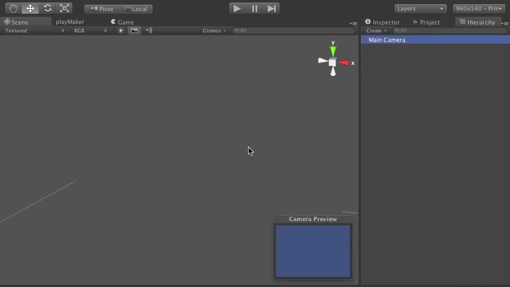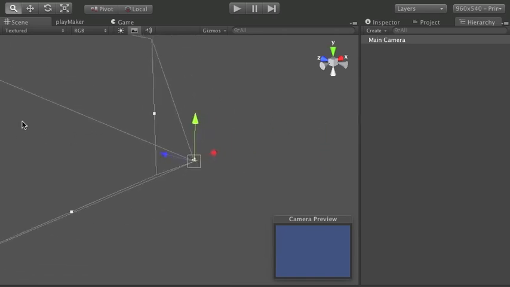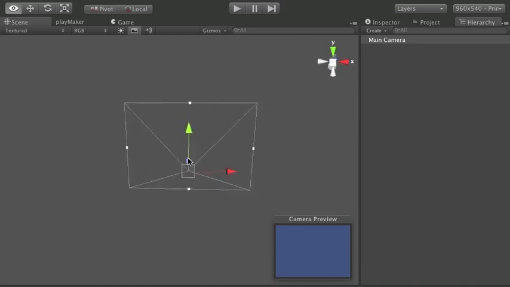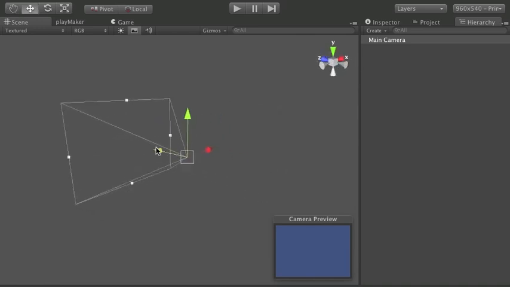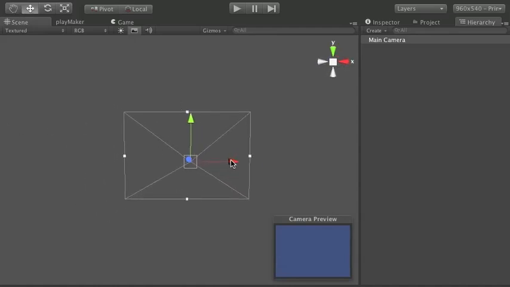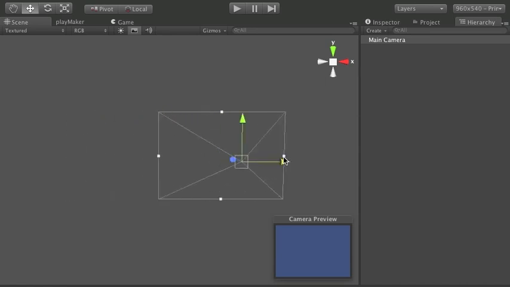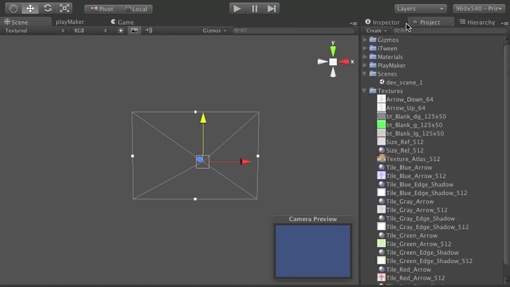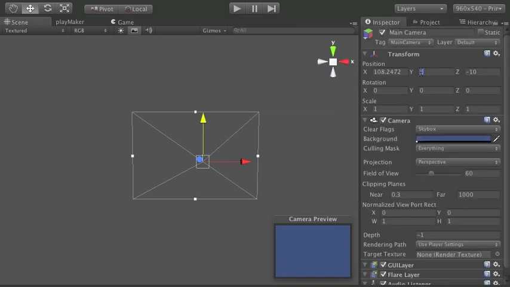In my hierarchy, I already have a camera. It's the one that comes in by default when you set up a new scene. So I'm going to go ahead and leave it in and work with that. And you'll notice that it's pointing down the positive Z when it's set up by default. I'm going to leave it set up like this. That way, when we work with objects and cameras in this 2D perspective, we're going to move the X left and right across the screen. We're going to use the Y to move up and down across the screen. Okay. The Z will be used very little, but for